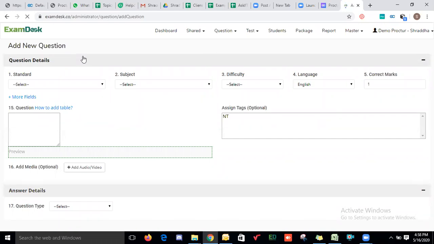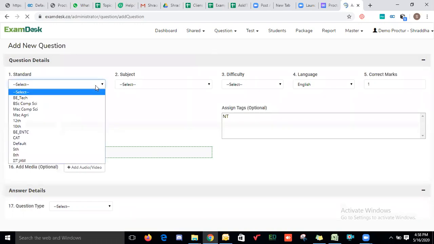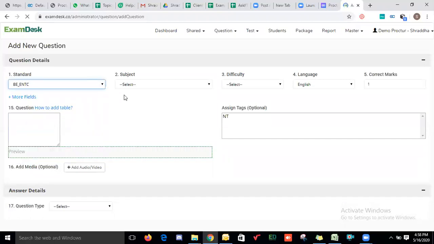To add any question, four fields are mandatory: standard, subject, difficulty level, and language. The question which you want to add goes into a subject, and the subject belongs to a standard, so that standard we have to select first. Based on the standard selected, it will show you all the subject list which is created from the Proctor account.